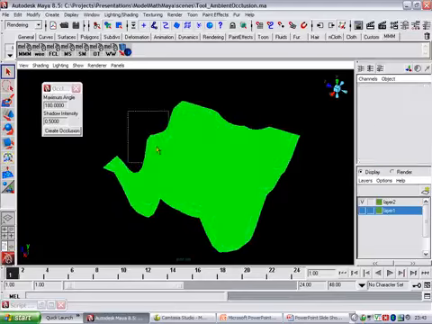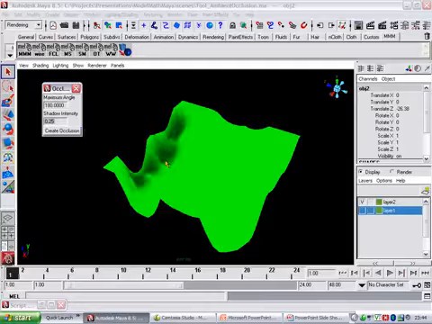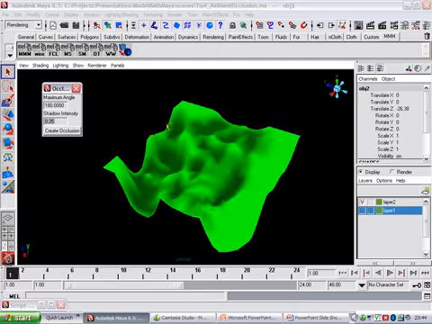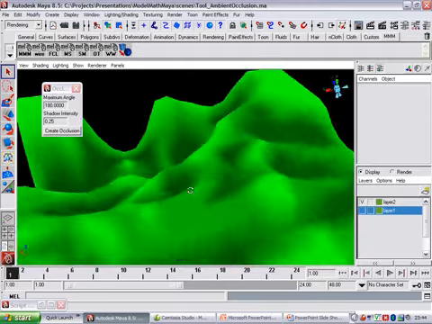So let's start back from scratch here. Instead of 0.5, we're going to put 0.25. So we'll create our occlusion again. There you can see now it's nicer. It's a little bit lighter. It has a little bit more of that ambient occlusion look. And you can see that within a couple of seconds we can create sort of a pass of ambient